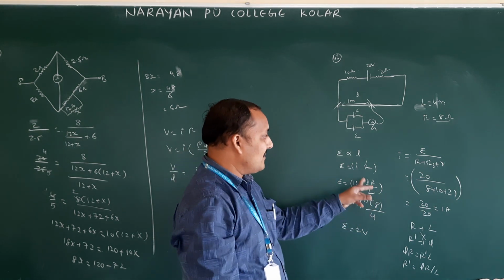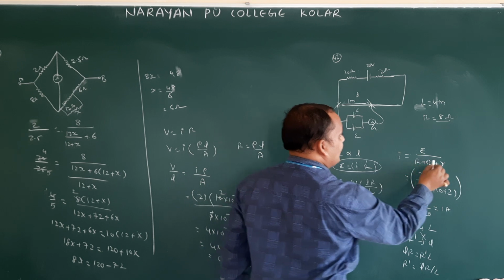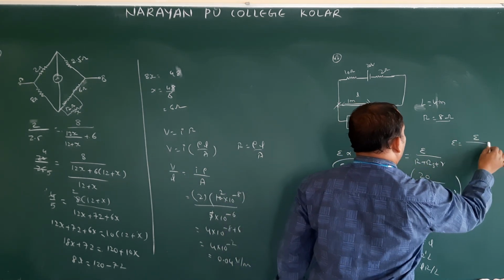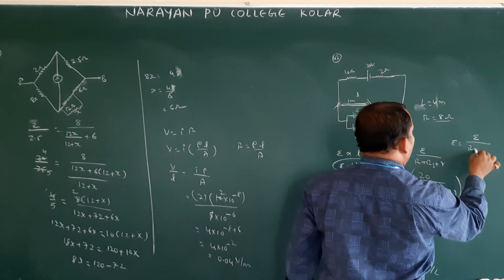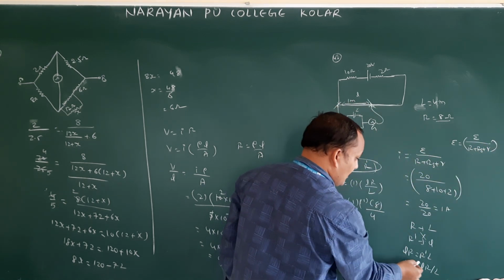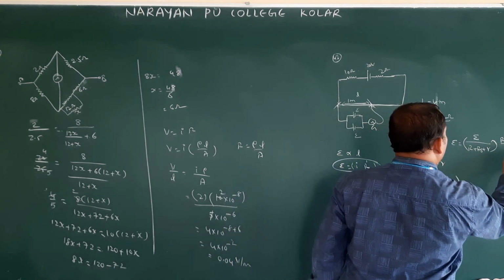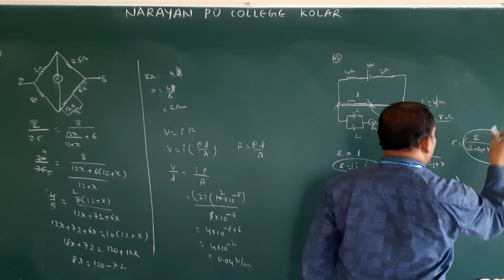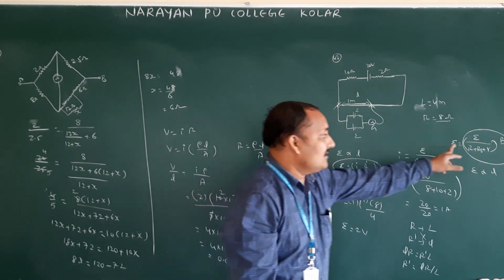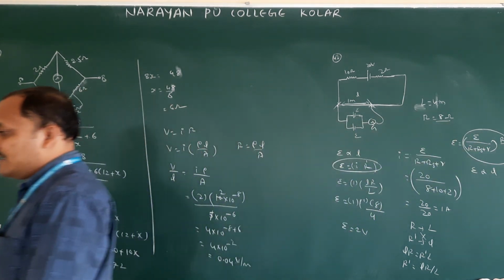What is the general formula if you want to write here? IR dash. What is the I equation here? This one. So then E is equal to E by R plus RS plus r, into R dash value, how much did you get? LR by L, RL by L. So this total is constant. That one only you write: E is directly proportional to L. This formula is very, very important for you, so you should remember that. Therefore the answer is 2 volts.